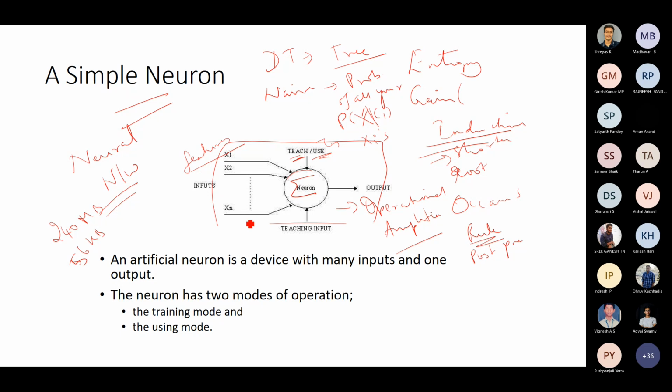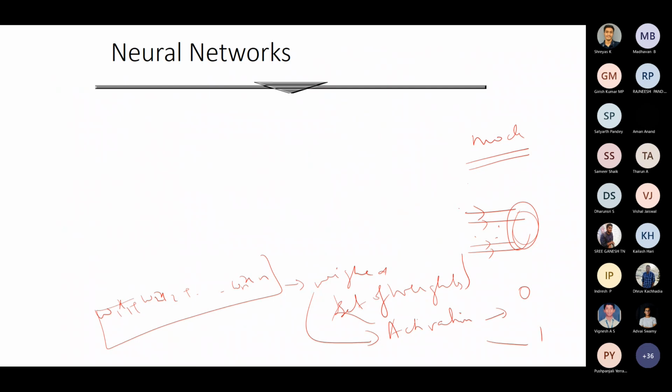Supposing you have multiple features, and you want the machine to identify that this is going to be a tree. What will I do? Again, I'll give the same features: color of the leaf, the position of the leaf, the type of the leaf, bark, etc. And then that will be weighted and summed up, and then you can decide whether it is going to be a tree or not a tree. So this is what learning is. Learning happens in the neural network model. That is why this is a very famous and popular model.